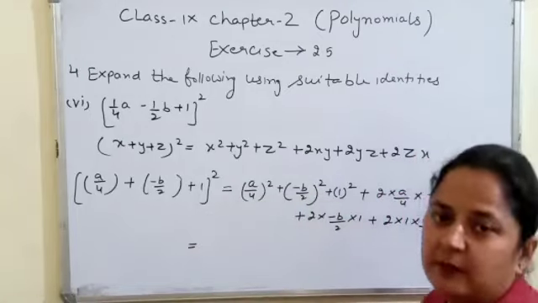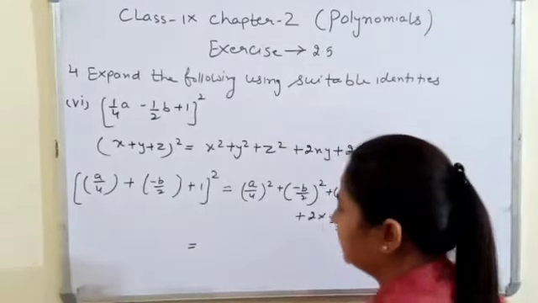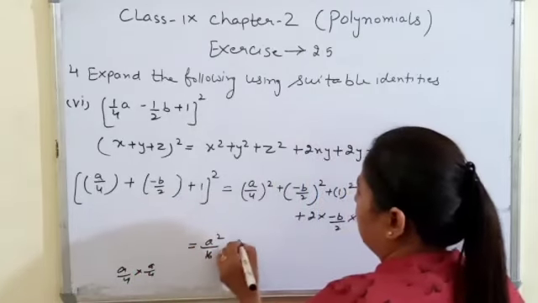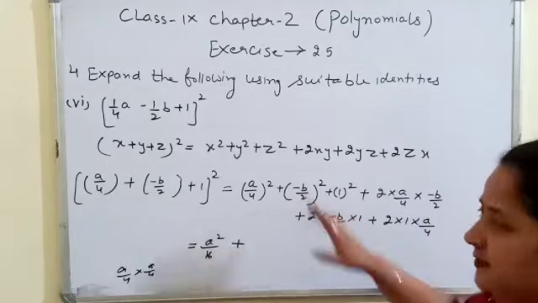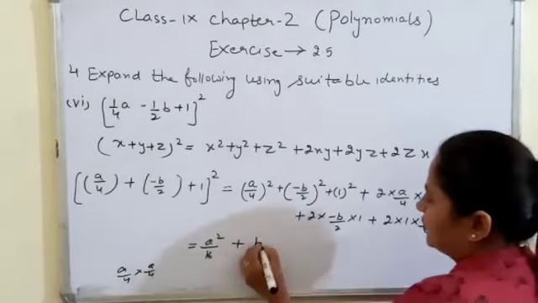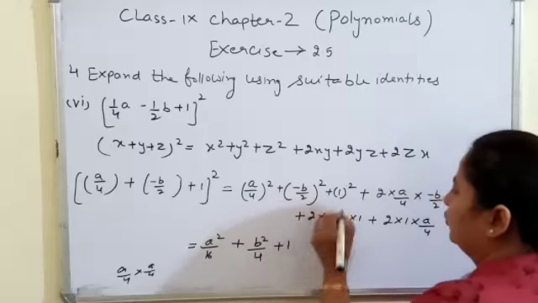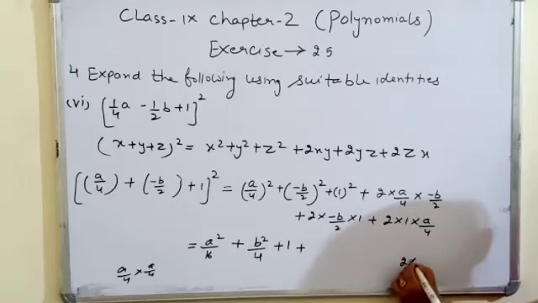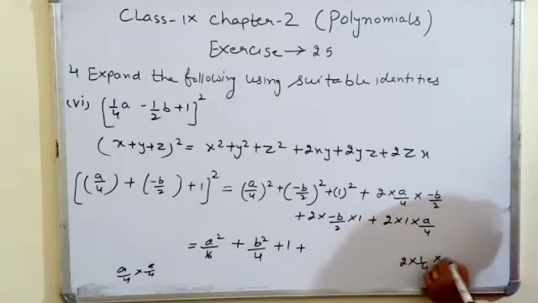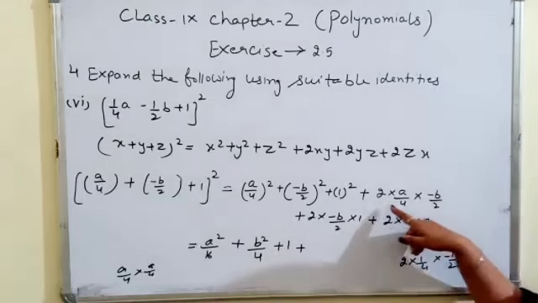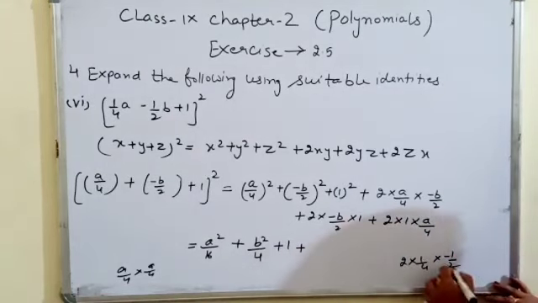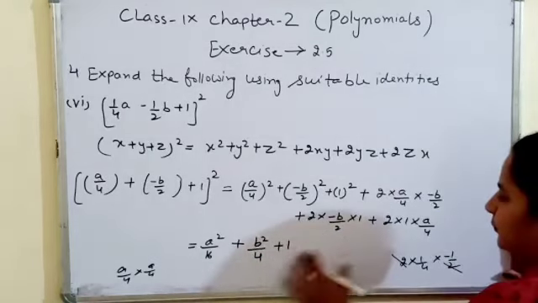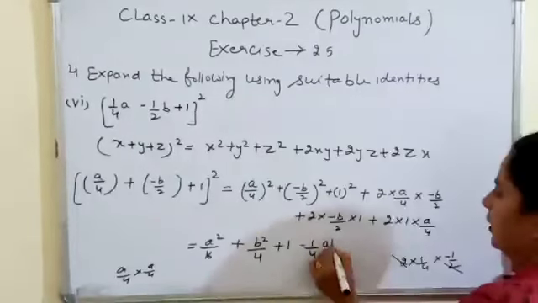Now let's solve it. a by 4, when we will multiply a upon 4 up to 2 times, what is the result? You can see here, this is a square by 16 plus minus b by 2, minus is having the even power, so result is positive b square by 4 plus 1. You can see here, for this term we are having 3 numerals. These are 2, 1 by 4 and minus 1 by 2. So we can cancel these 2 by this. So what is the result? Minus 1 by 4 ab.